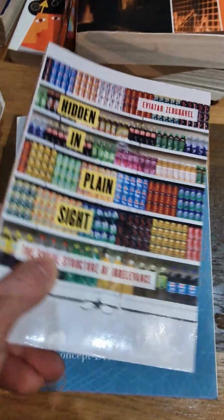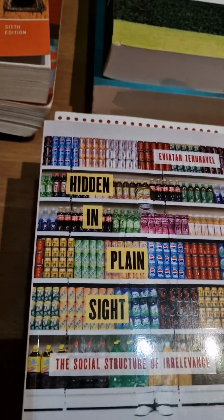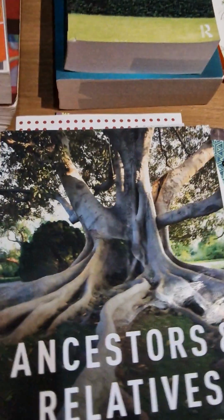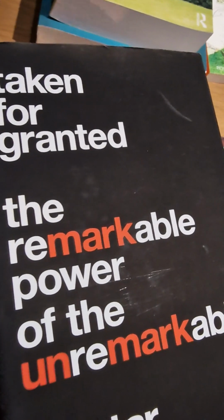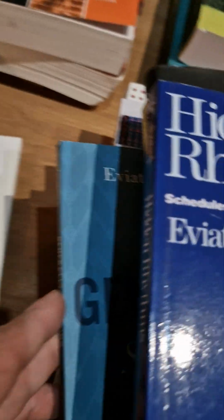Now, he was a student of Erving Goffman, and he picks these neat little general topics to look at. So, Hidden in Plain Sight is about the things that are there, but we don't see them. He's done quite a bit of work about time, about the way we understand and construct the idea of ancestry and relatives, about how things that we consider unremarkable are in fact remarkable. A Clockwork Muse. There's a book, hasn't made it down with me, I'm afraid, called The Elephant in the Room,